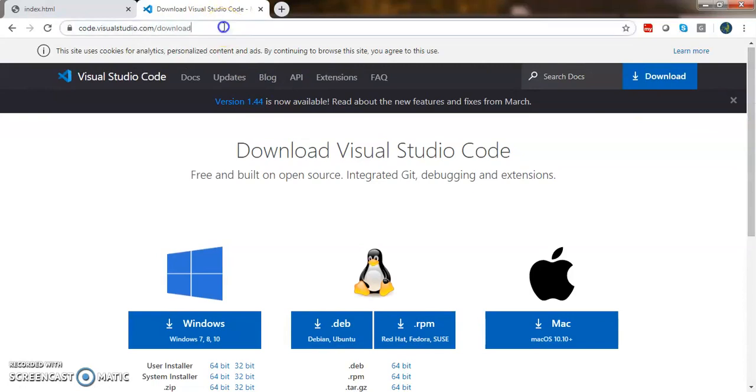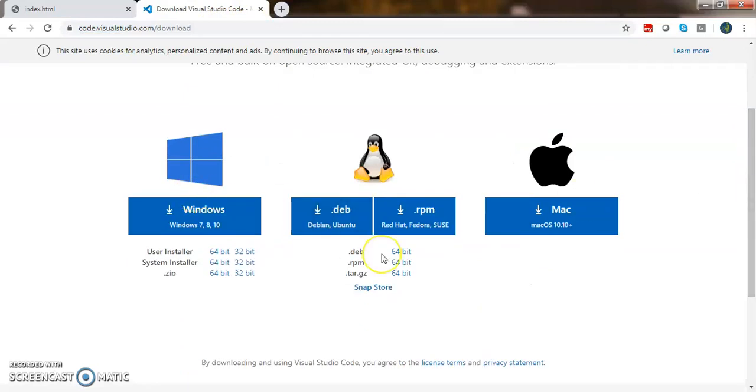Just go to code.visualstudio.com/download and then select the executable file as per your PC operating system, whether it's a 32-bit operating system or a 64-bit operating system. Just download the executable file and run it, and follow the on-screen instructions to install VS Code.